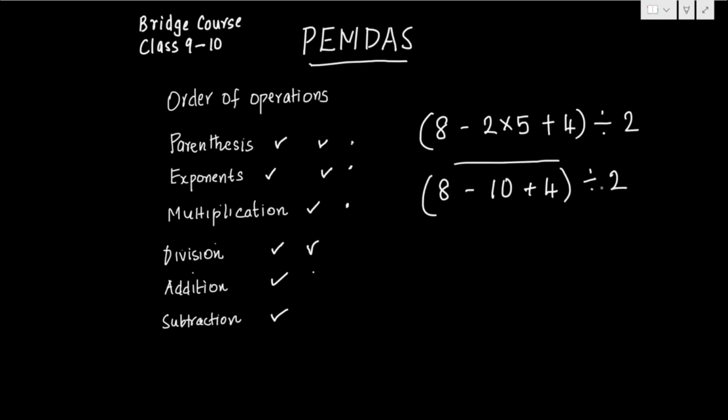Whatever is here will be the remaining. So now still the parenthesis is fully unsolved. I mean, it's not fully solved because we still have some unsolved items within the parenthesis. So there is no exponent, there's no multiplication, there's no division right now in the parenthesis. So the only thing is addition and subtraction